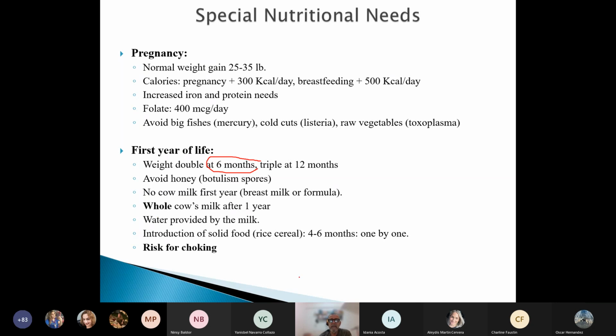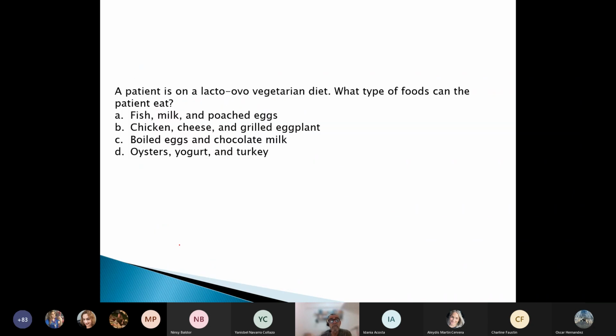And don't forget that new food should be introduced one by one, separated by one week or more, to notice if there is any allergy, adverse effects, etc. Be knowledgeable about foods that, because of their shape and consistency, could produce choking in small children, because it's frequently tested. So now you need to think of peanuts, baby carrots, anything that, because of its shape and consistency, could produce